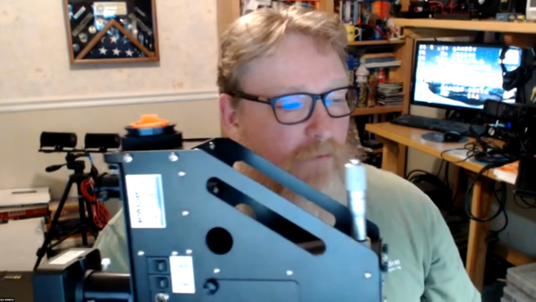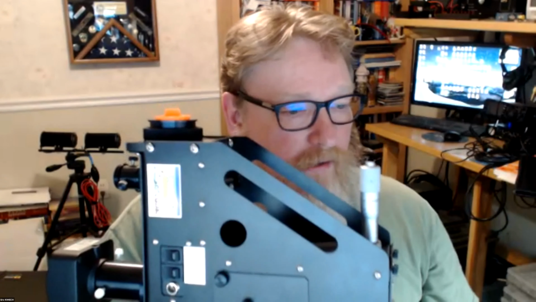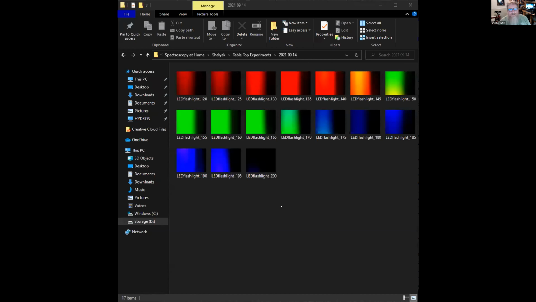So far, I've only played around with it to kind of get to know it. And if I can share briefly, let's see, share screen. So you should see some images that I took. Just to get familiar with it, I put an LED flashlight on the entrance port to make sure the light is actually getting down to the camera. And I used a microscope camera that I had around the house